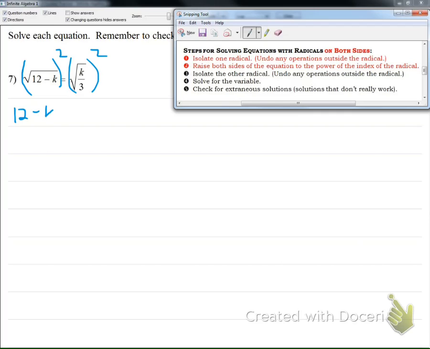12 minus k is equal to k over 3. This is like our first problem of this type that we worked with before. We have an expression equaling a fraction. So let's make that expression into a fraction so that we can see we need to cross multiply. 3 times the quantity 12 minus k is equal to 1 times k, which is just k. Distribute. 3 times 12 is 36 minus 3k